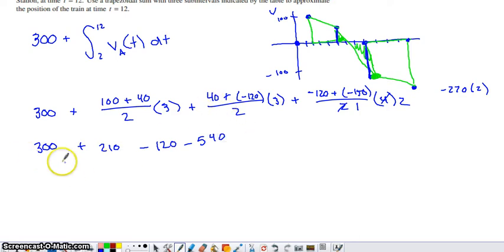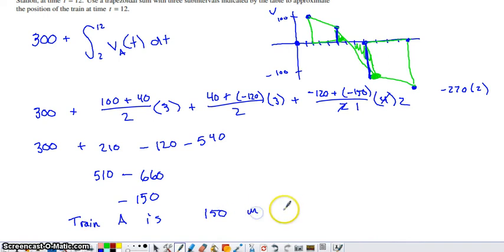So if you go ahead and combine these positive pieces, that'll get you to 510. If you combine these negative pieces, that'll take you to negative 660. And then 510 minus 660 is going to give you negative 150. So what is the position of the train at time t equals 12? Well, the fact that this is negative tells us that the train, which is train A here, is 150 meters west